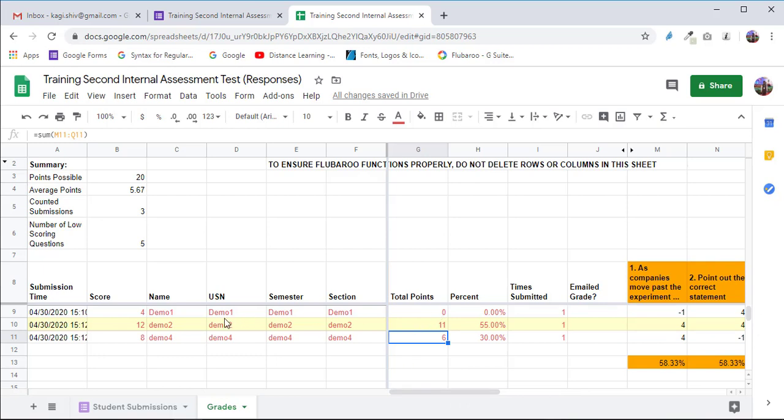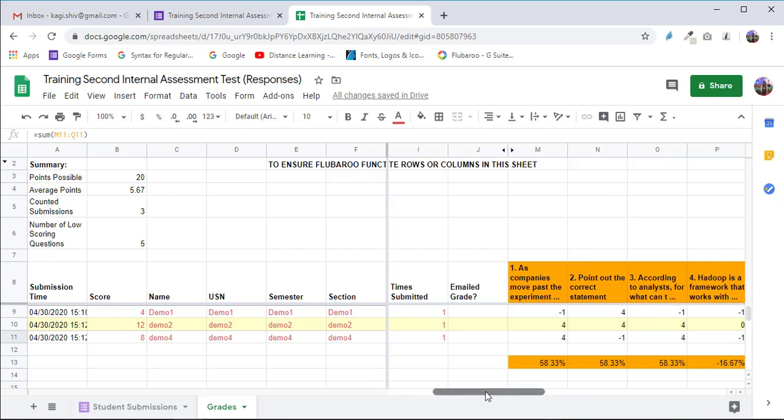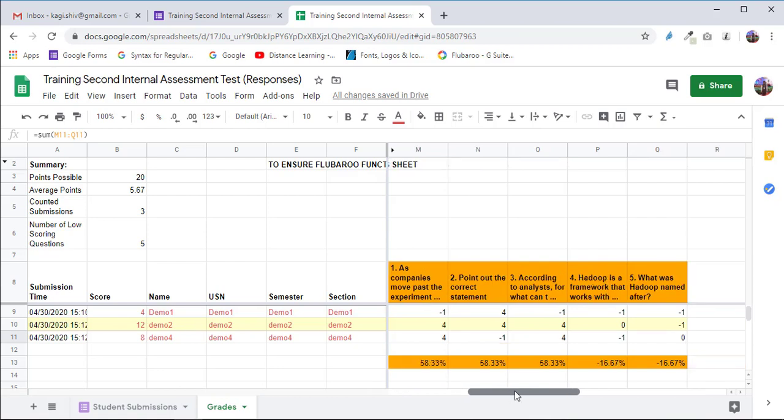Now similarly for demo test 2, you can check here. See, for demo test 2, we left the fourth question blank, right? I hope you remember, when writing this demo test, I intentionally left the fourth question blank. When the student left the fourth question blank, it gave 0 marks. For a wrong answer, it is giving -1 marks. For a not attempted question, it is giving 0 marks. And for a right answer, it is giving 4 marks.